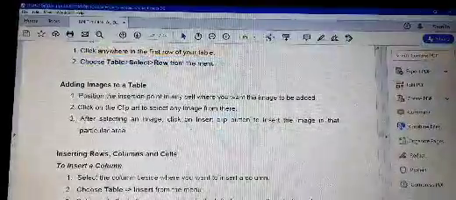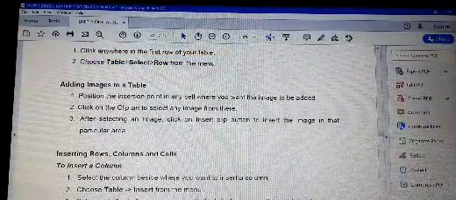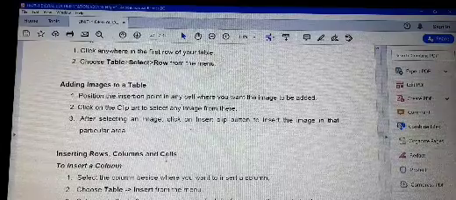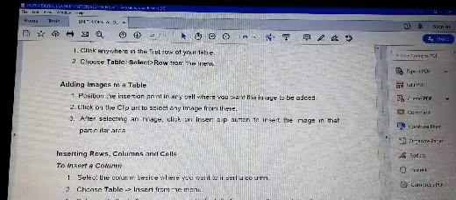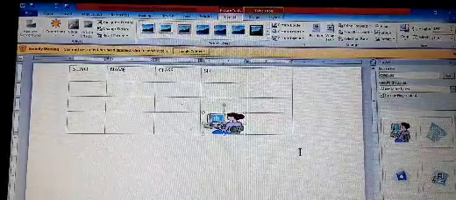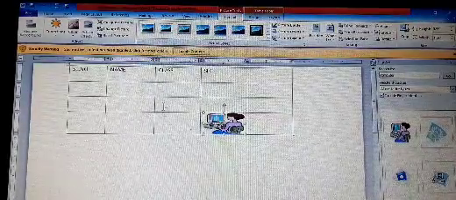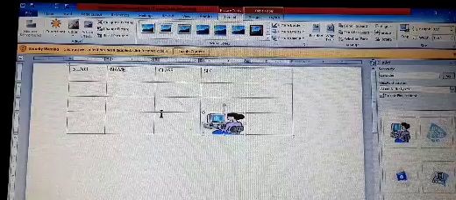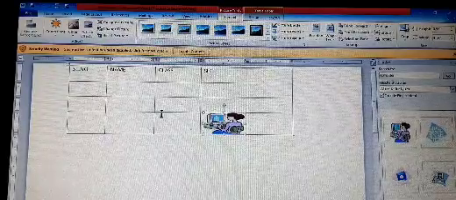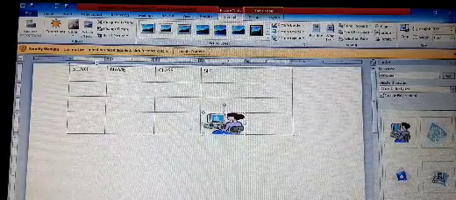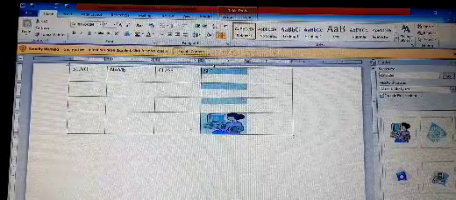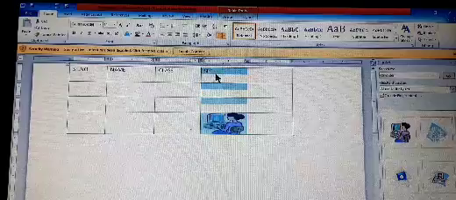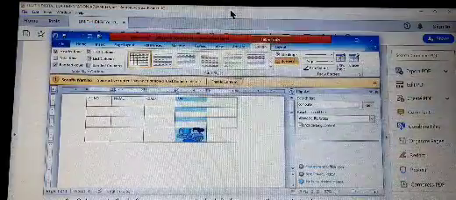Next topic is inserting rows, columns and cells. Suppose I already have a table and need more rows and columns in the table. Then the step to insert a new column is: select